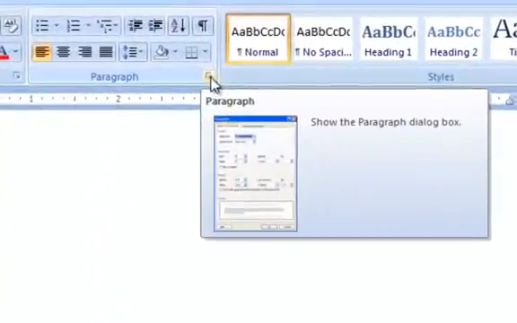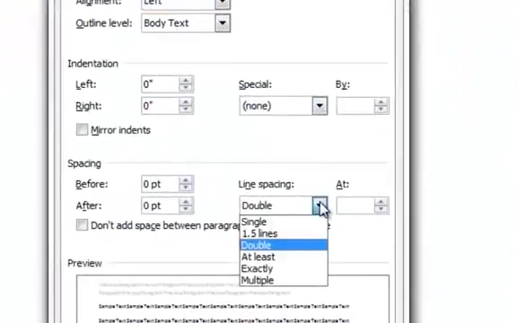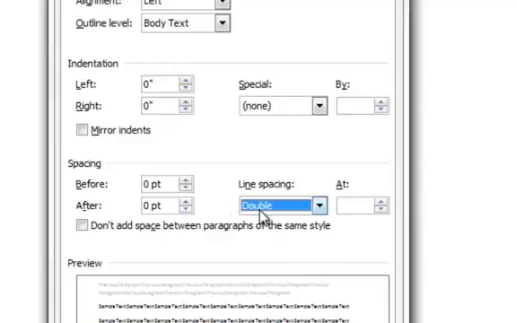The next thing I want to do is come over here to this paragraph button. I always want to make sure that I'm on double. A lot of times it'll come up on multiple, but double is just a little bit cleaner. So let's put it on double space, and we want to make sure that both of these numbers say 0. Alright, so now that we have all of that ready to go,